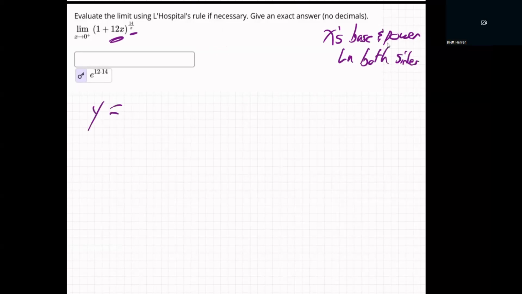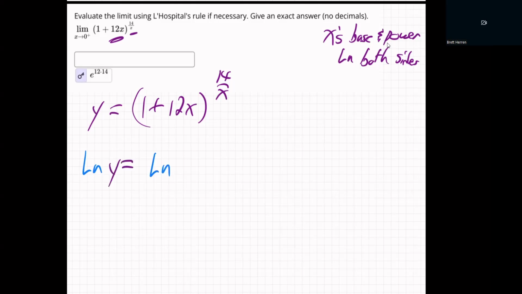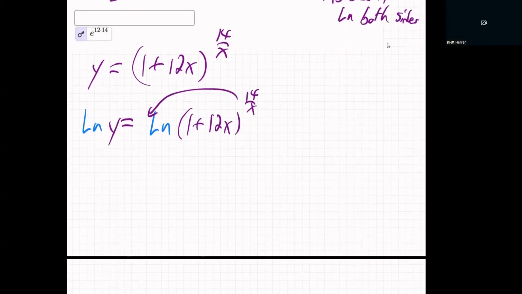Let's just go y equals, and I'll just do the function. I'll come back to the limit in a minute. Let me just deal with this function first off. So I'm going to take ln of this side and ln of that side. We always do. That's what brings powers down, the ln. That power drops down. That's the greatest quality of the log. It brings that power down. So then we have ln y is